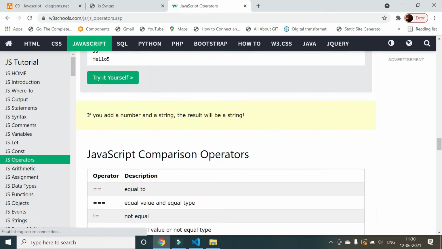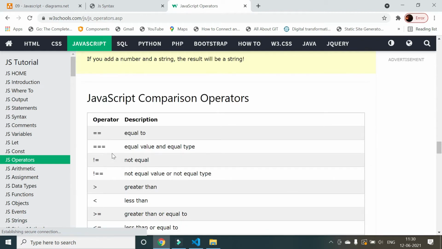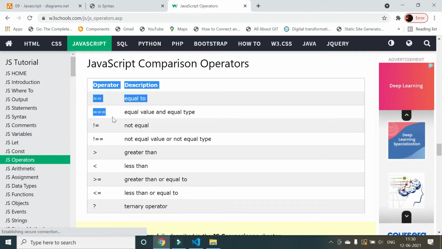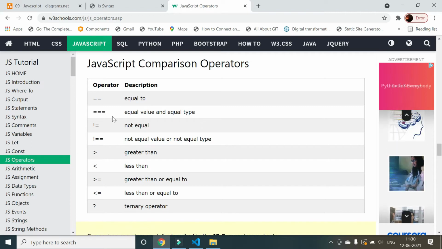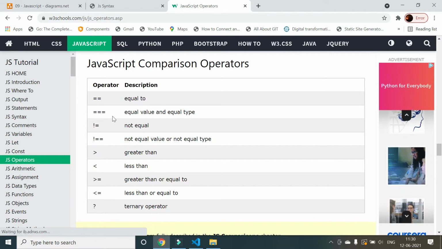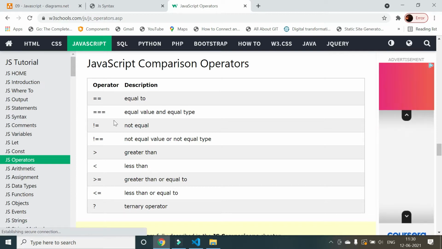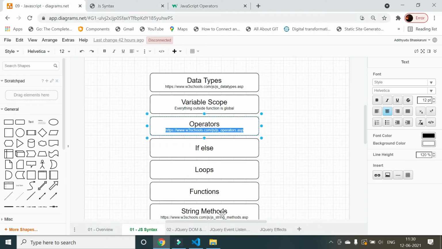All these operators are the same, except one operator which we need to focus on, which is this triple equal to. That's the only operator which is different, which is extra in JavaScript. Other than that, everything else is the same, including the syntax, if you compare it to C. So let's try to implement that.